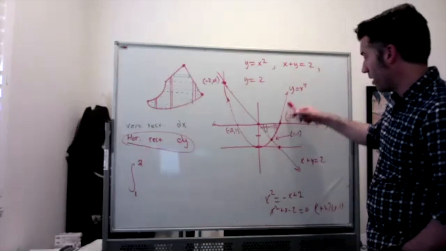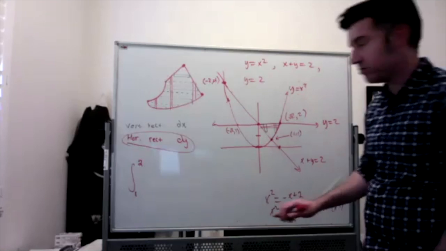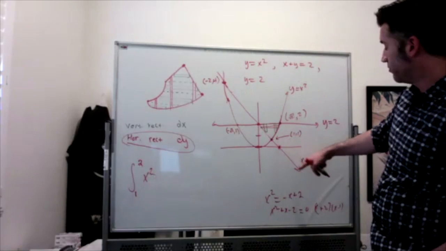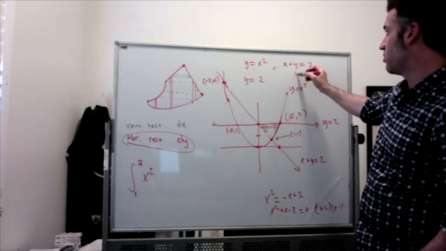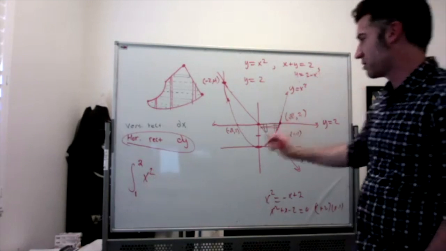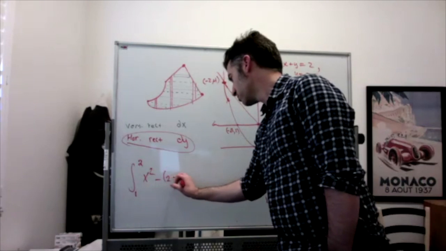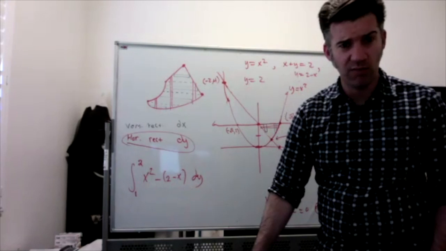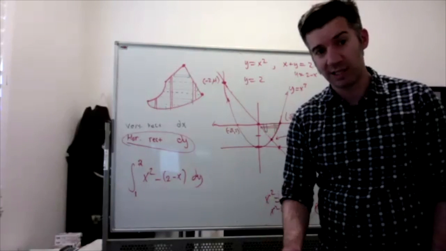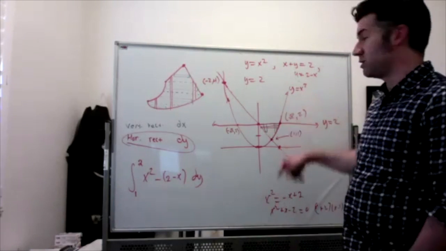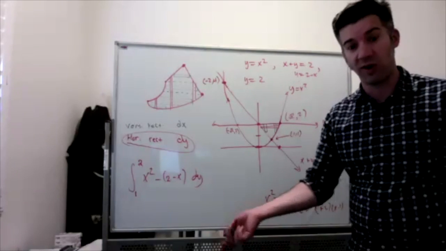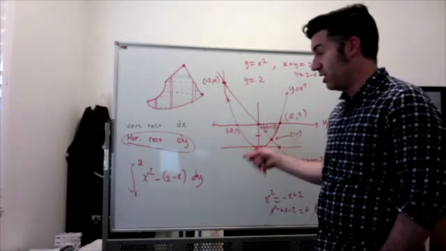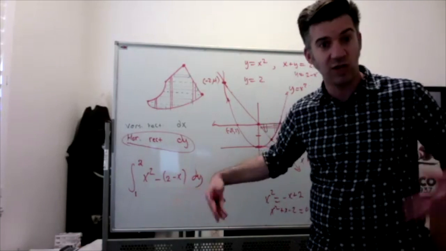The right-hand boundary is y equals x squared. The left-hand boundary is x plus y equals 2, so it's y equals 2 minus x. Wait, dy? That's a problem. I've made the classic mistake of not changing my functions to be functions of the correct variable. If you're doing a horizontal rectangle, you can't have your functions be functions of x. You have to change them to be functions of y,